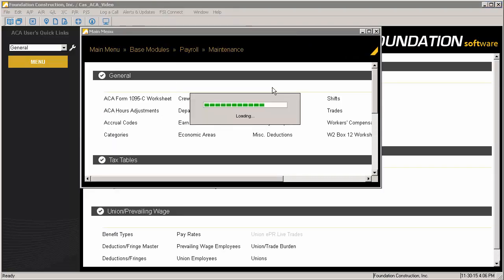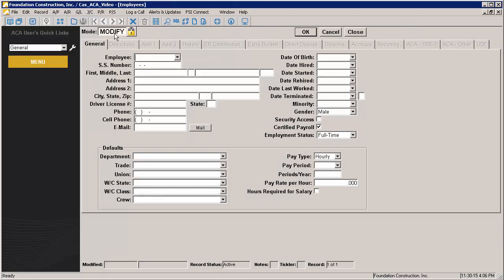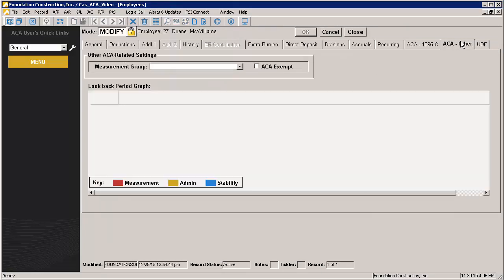So if I open up the employee record, you will see that there is a new ACA Other tab. On this tab is where you assign the employee to the group they belong to. You'll also notice that there is an ACA exempt checkbox. There's a few various reasons someone might be exempt. This is just a catch-all. You will need to check with your legal or benefits advisors to verify that it's allowable to check that box for an individual. If you save the employee,